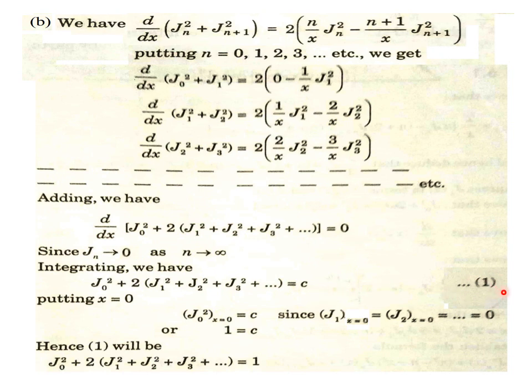Then, in order to calculate the value of c, we substitute x equals 0 in that equation 1, and we know certain things: the value of j0 at x equals 0 is 1, and the values of j1, j2, j3 etc. at x equals 0, as you can see, are all 0. You have to remember these results all the time. And then as j0 square at x equals 0 is 1, the value of c is 1, so substitute that value of c in that equation 1. That is the required result, that is the derivation or completion of part B.